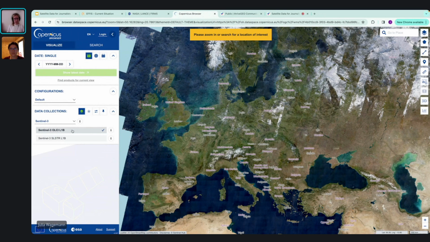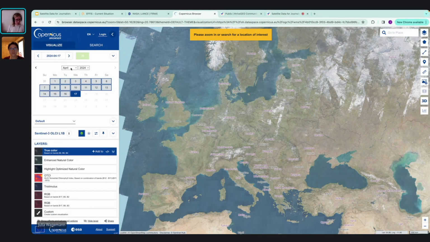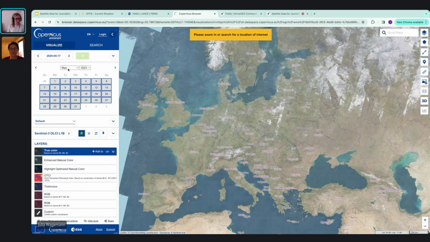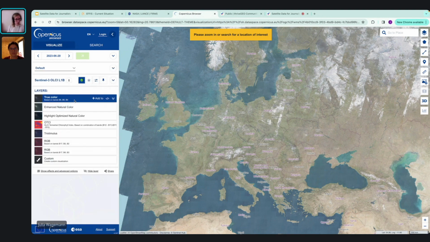And so if we select this, and then we select again 2023, our favorite, or not favorite, but our example from Canada last year. So unfortunately, they were quite severe. And we choose June. Let's do, for example, the 20th of June. And then you see already that the portal gives you a set of different composite options.